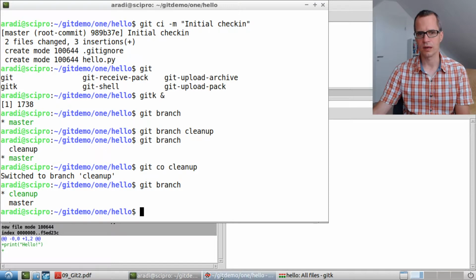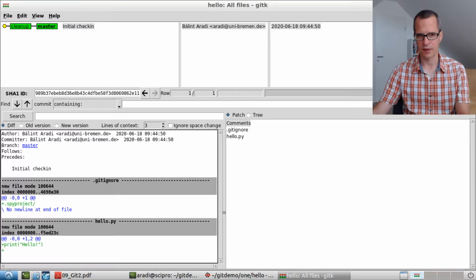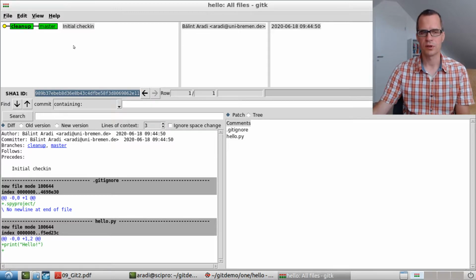And if you go to the graphical tool here, and with F5, okay, it didn't update, so you reload it with Shift F5, force reload, and you see that basically now the cleanup branch is bold. So that means we have changed to the cleanup branch. Okay, and now we are just making our development,